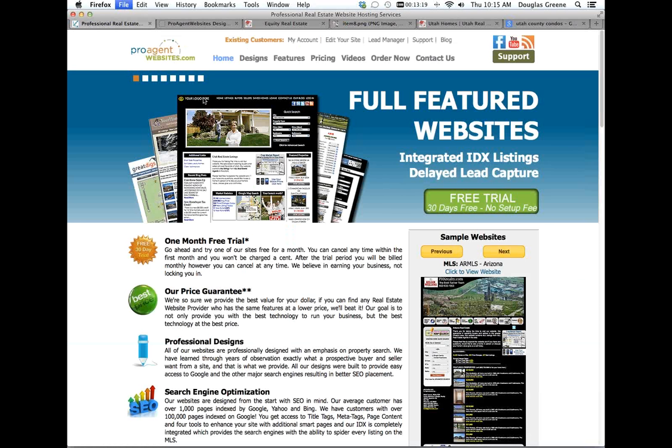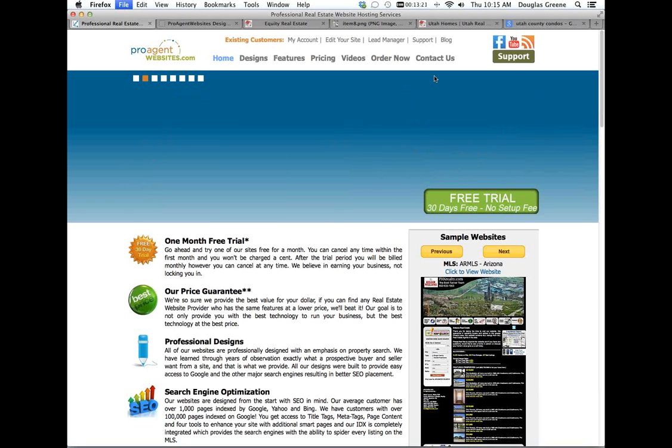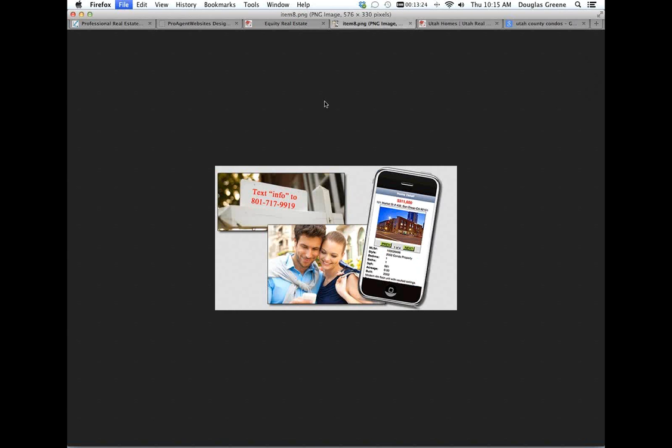Okay, another item that is rarely used that is available to you is text response for your listings. We give you the ability to add sign writers to your equity signs in front of your listings to instruct people to send a text message for more information about the property. In this example, all they have to do while they're sitting in front of this home is text the word info to this phone number, and what will happen is they'll get a text back with a link to your